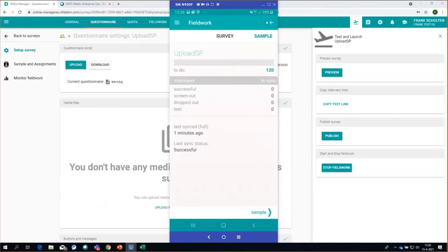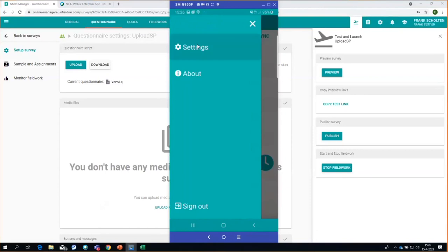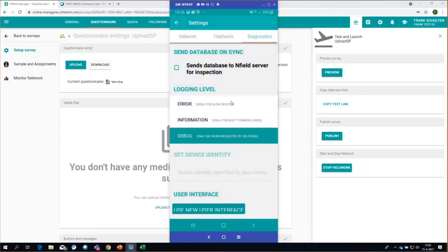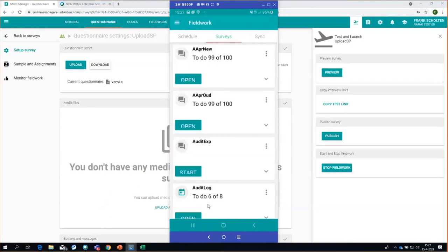That is not something for which you need to download a new client. All you need to do for that is go to settings, diagnostics, and here at the bottom you see user interface. You can click this button, use new user interface, and then your interface will be switched to that new user interface. This is not something that you should do in production because, as said, this is not production ready yet, but this is something that we would very much like you to do on your test devices at least once to check